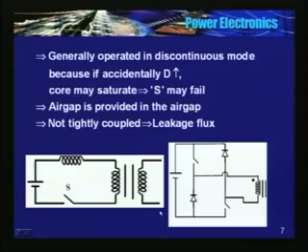So which is the generally preferred condition? Invariably, in DC to DC converters, we operate the flyback converter in discontinuous mode. Now what is discontinuous? In AC to DC line commutated converters, discontinuous conduction implies the load current is discontinuous. In buck boost and Cuk, discontinuous current implies the inductor current is discontinuous.